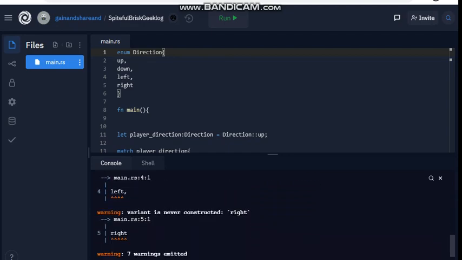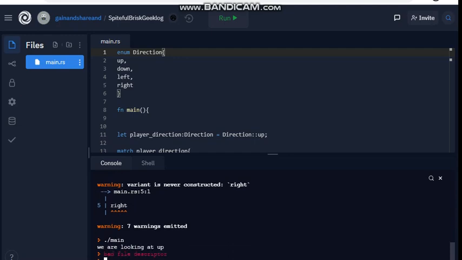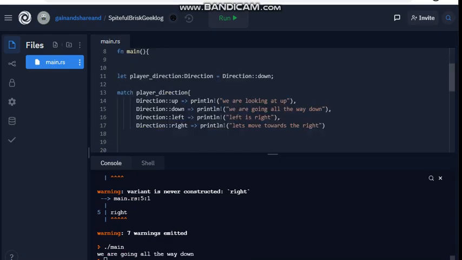In the same way, it will explain all those things, left, right, and so on, and finally we get an output. So here we got an output. We are looking at the output in that way. Whatever you want to perform, you can simply perform it. Let's perform down now, and again look at up and other things. So then if you get